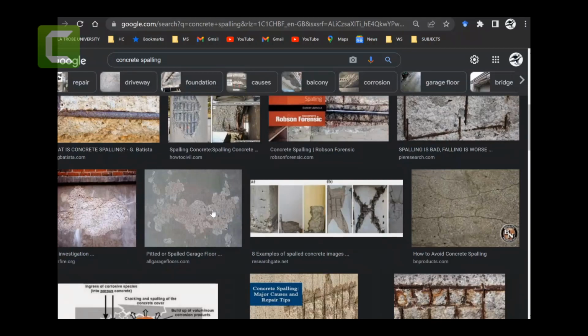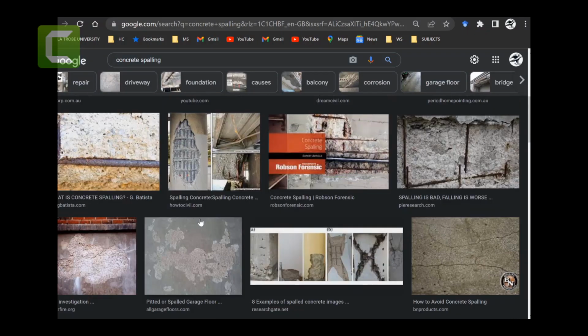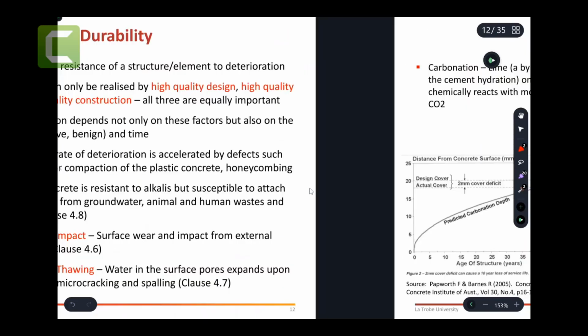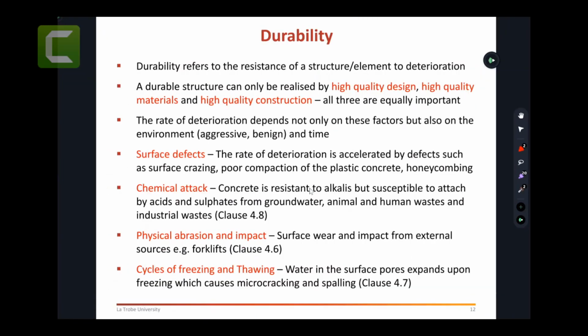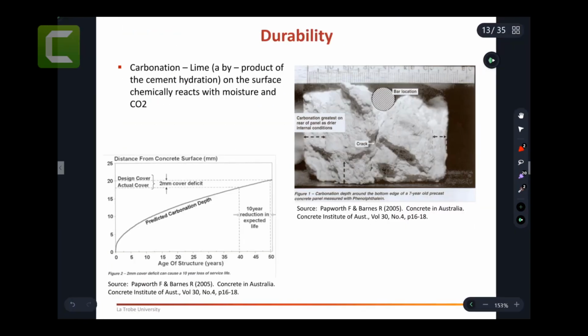So at that thawing and freezing point, again, it can happen, but it's not likely to happen within the area, maybe in some areas in Victoria where there is snow and all that. You just need to follow the standards and use the correct mixes and the correct arrangements. This slide has a very simple but really good message that I would like to share